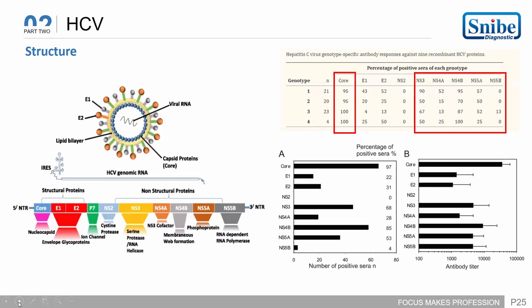If we go for the structure of this virus, the HCV viruses are RNA-based viruses. You know that this RNA-based virus has a capsid protein, that's the core protein. Outside that, they have E1 and E2. They have a lipid bilayer, and then they have the HCV genomic RNA containing the viral RNA and the other strands. So if we talk about the structure of this virus, when we open that structure, this can be summarized